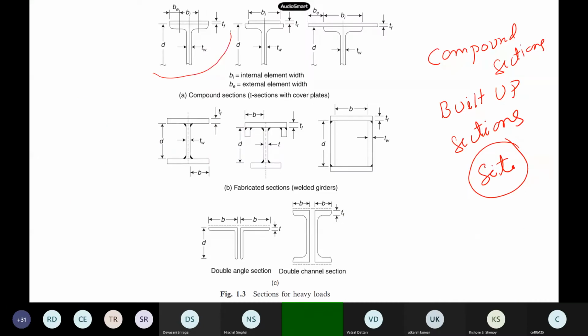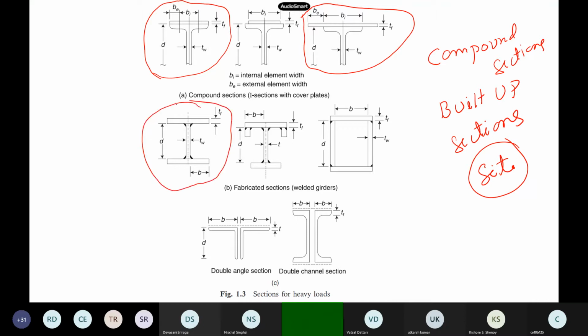Like you see, this is a T section. Sometimes in some problems a T section will be fine, but you may require a higher moment of inertia or higher area in one direction, not in the other direction. So what you do is take a T, then take a steel plate, and then make this connection. So this is also one way. These are all compound sections, where we do fabrication. Then you can see an I section has been fabricated at the site itself. Take three flats and then do welding. Automatically you can construct your own I section. People do this at the sites.